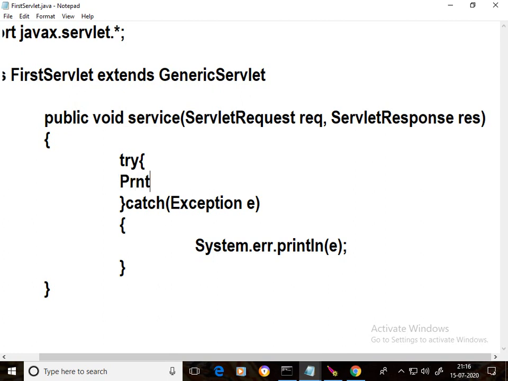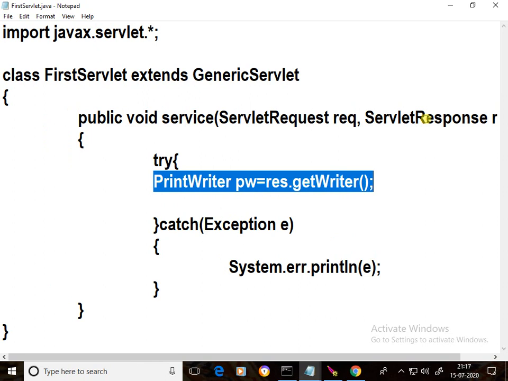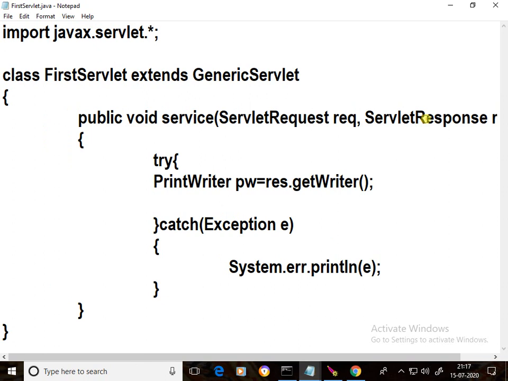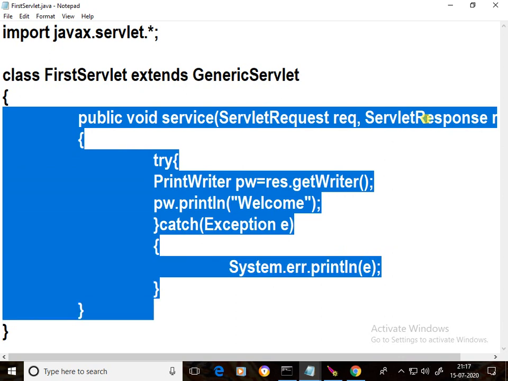So PrintWriter pw equal to response.getWriter. With this line, one stream is created from server to browser. Through that stream we can transfer the welcome message. Say pw.println welcome. Now this service method is an instance method.